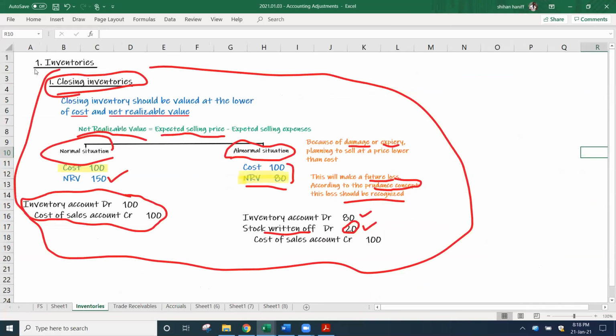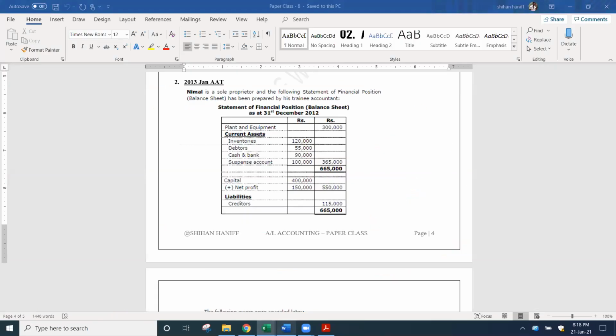So under that, one part is the inventory, right? So inventory, closing inventory, inventory damage, inventory losses, insurance claim, inventory sold on sale or return basis on a condition, right? So those areas will be covered under this. Still we have not done that. In our upcoming classes, I will be explaining this part. Okay, next,